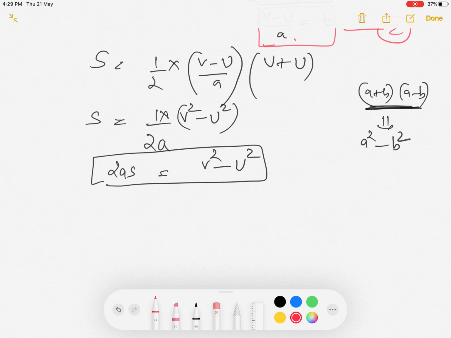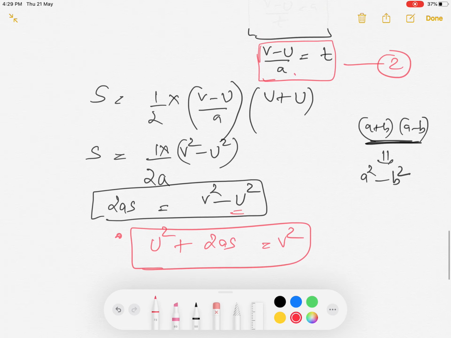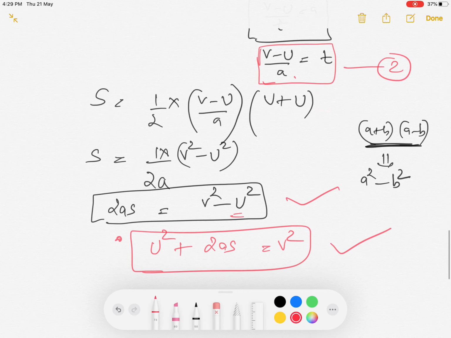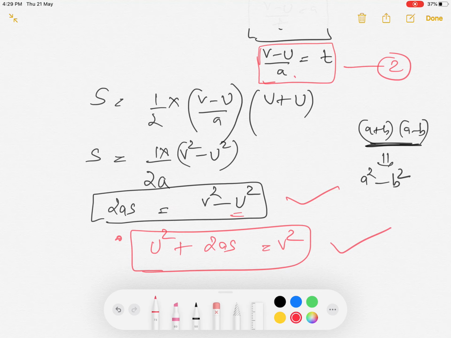Children, this is again the third equation of motion. You can shift this u over left hand side. You will get u square plus 2as is equal to v square. So this is also one of the forms. This way also you can write. This one is also correct. So I think this much is clear to you. If you have any doubt, please do ask me in